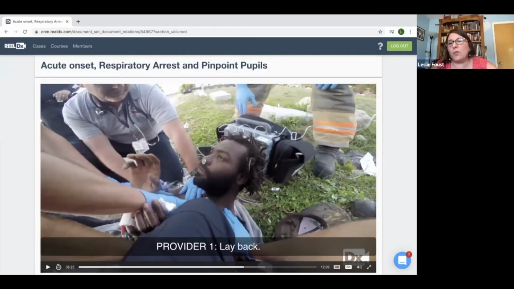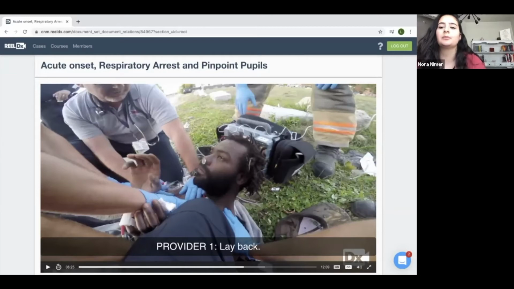Fantastic. Nora, what do you want to do with the patient? What other treatment do you want to render? What additional assessments do you want to do? Yeah, so I would like to reassess my primary, look at his ABCs again. He is breathing on his own. I want to see if it's adequate. His skin color. I would also do a whole secondary, look at him head to toe and transport him, of course, get a better history, see what he took, if any underlying diseases he has,